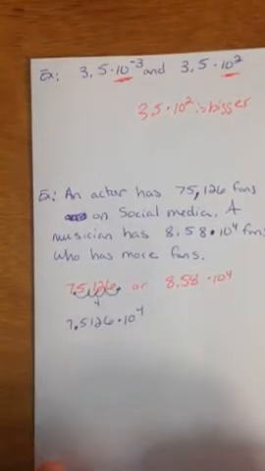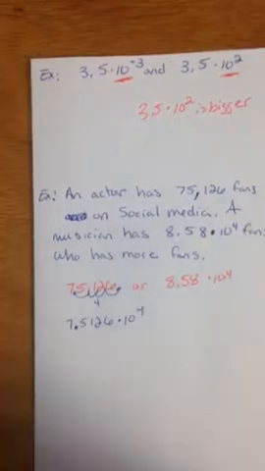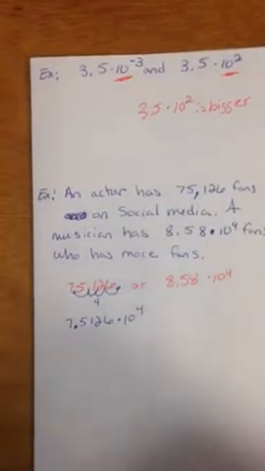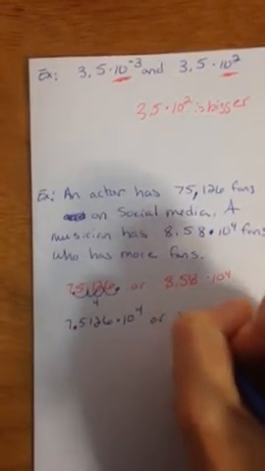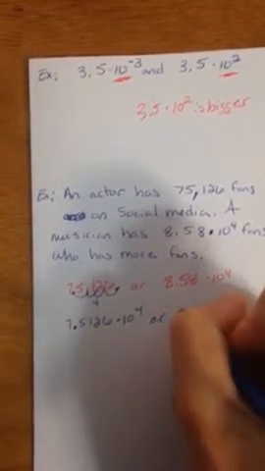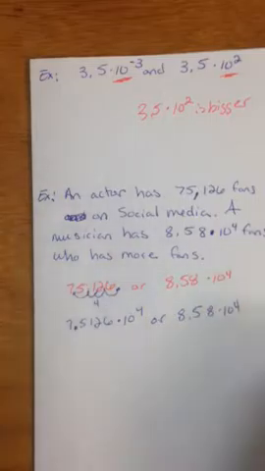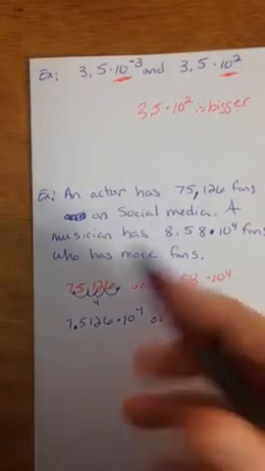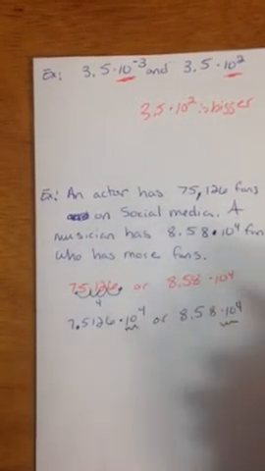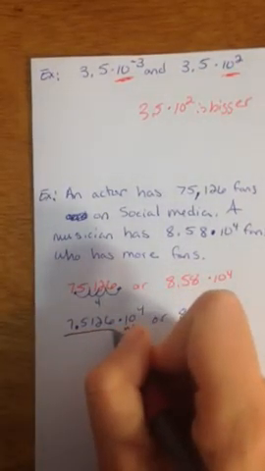So it's to the 4th power, because I want it to be bigger when I'm actually done with it. Now I'm comparing that to 8.58 times 10 to the 4th. So now if I look at it, I can see 10 to the 4th and 10 to the 4th are the same. And I look at the numbers in front, 7